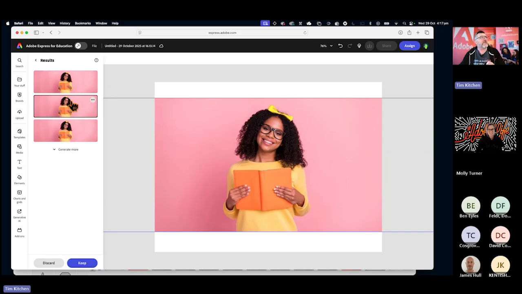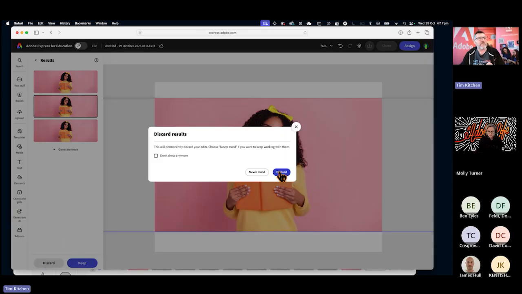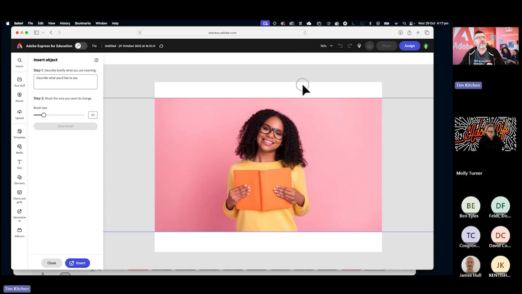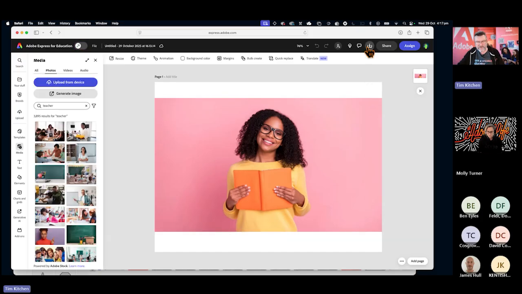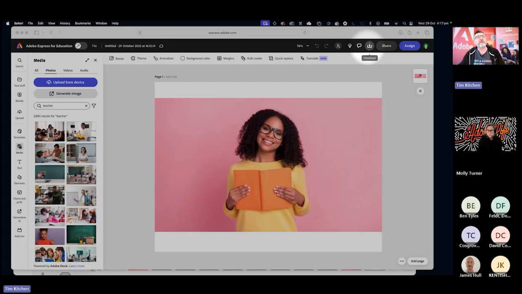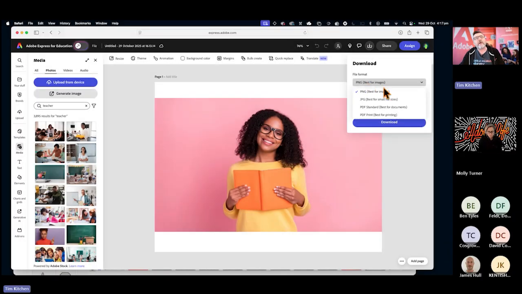Now, before we go any further, I'm actually going to discard that for the moment, and we'll bring it back a bit later, because I just realized what I need to do first of all. I'm going to close that feature. I want to export this picture so that I can then open it up in Photoshop, if that makes sense. I want to export a fairly high resolution version of this picture. So I'm going to jump up to the download button up the top here, click download, and we've got PNG,